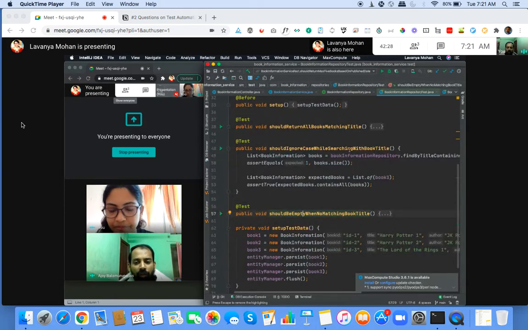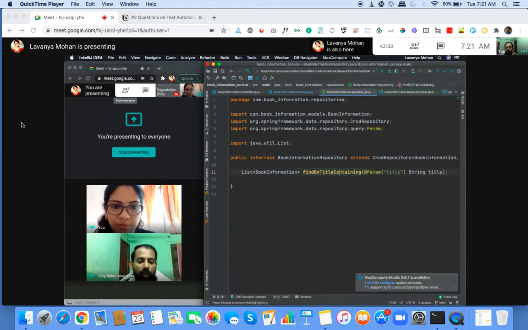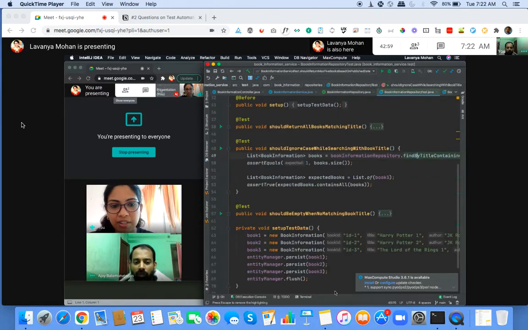But where is the code which says ignore case? That is actually done internally by this. So it might be okay not to test that part, because internally the Spring Framework is doing that for you. But let's say somebody changes this method from find by title ignoring case to find by title without ignoring case. Then at least there will be one test which catches it. People will not do that, so it might not be necessary, but we could have it anyway.